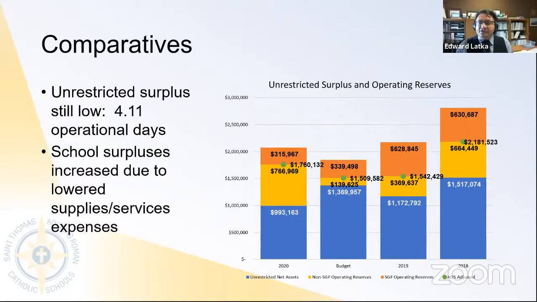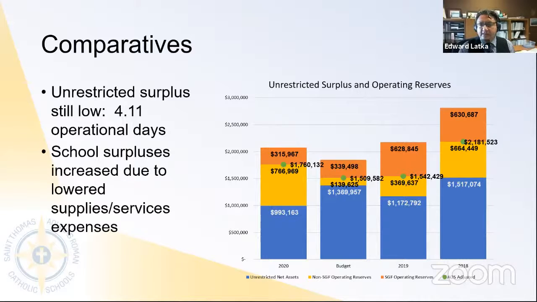This year was an unusual year in terms of expenditures, so I looked at that $1 million and asked, how does it compare to the expenditures of 2019? That 4.11 will actually drop to just under 4, at 3.86. So we're still, as a division, under where the board desires to be in terms of having a comfort level or a reasonable savings account for unanticipated events. We're still under that threshold, even with $1 million.